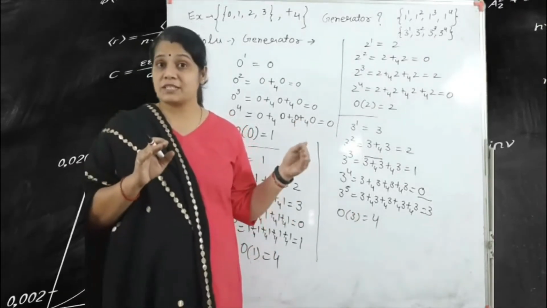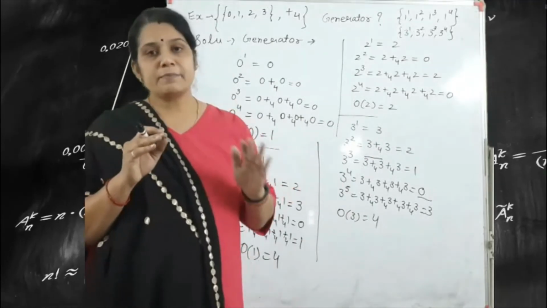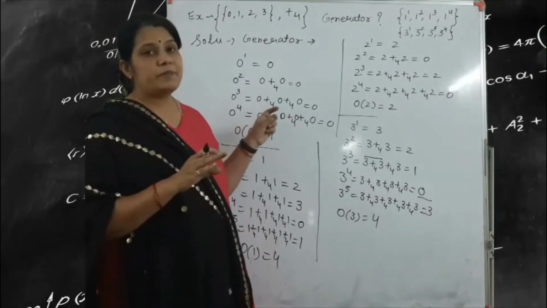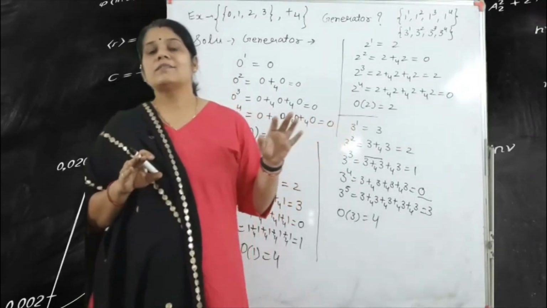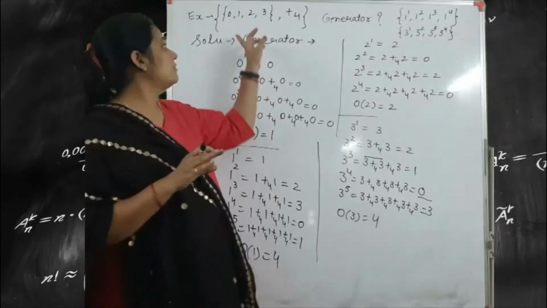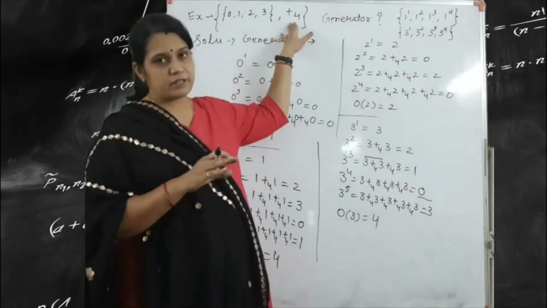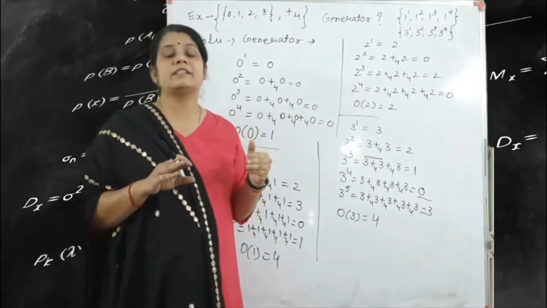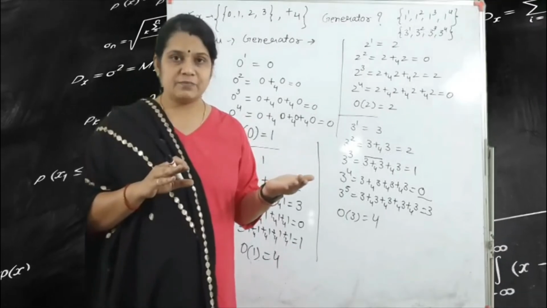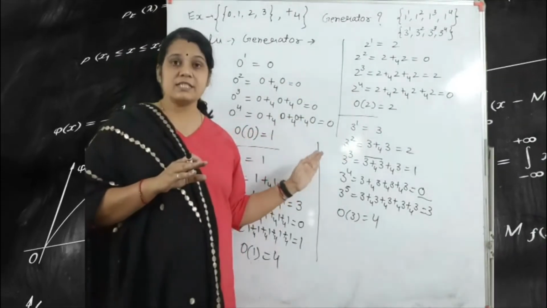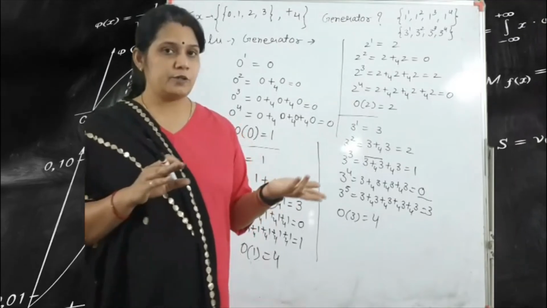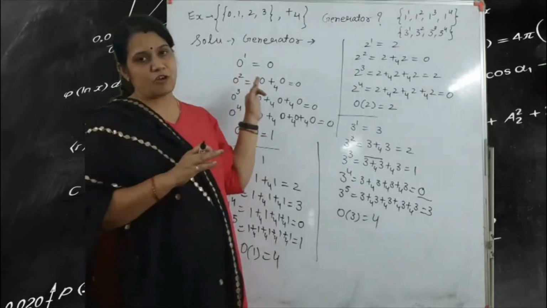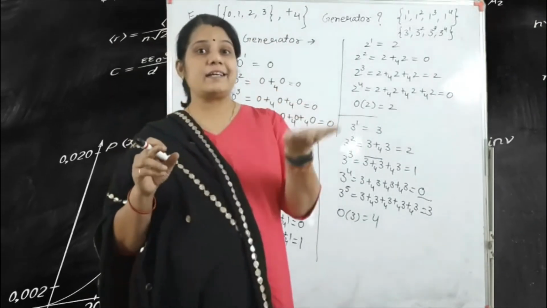So this is the process for finding the generator. Always keep in mind, on the right hand side we write only the remainder. Next topic is the cyclic group. So cyclic group means what? If we are given a set and an operator, and at least one element is a generator by this process, then we can say that this is a cyclic group. According to a question, for example, we find out whether this is a cyclic group or not.